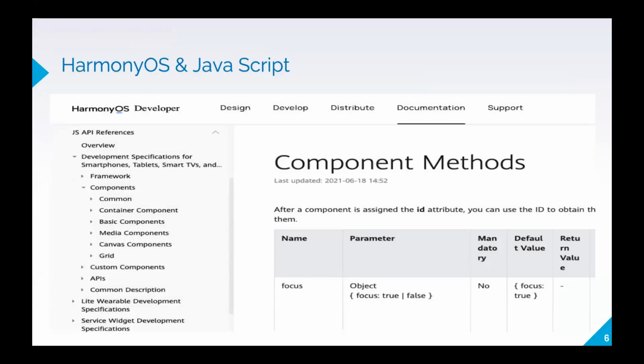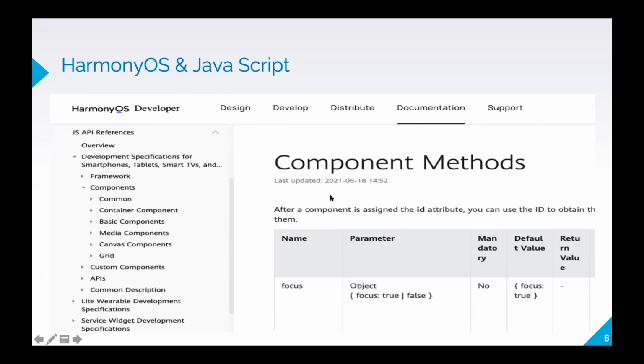As I told, HarmonyOS JavaScript comes as part of a component methodology, where each and every part when you are developing an application screen, even the button, text, everything, will be called a component. A component can go to a lower level, and at a higher level it comes to the screen and the component container. So HarmonyOS provides all the default components required for application development, like text, button, list, all the reusable components, by default.